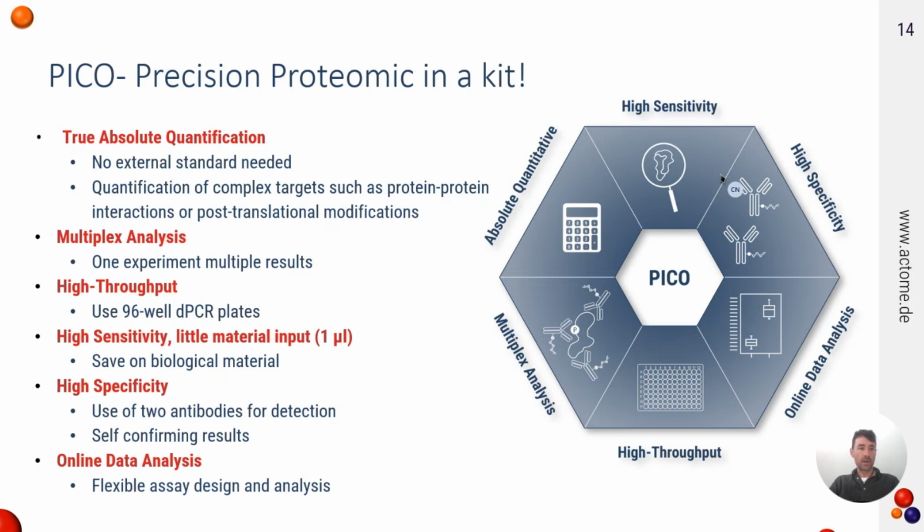First of all, we are able to offer true absolute quantification, so there's no external standard needed. We can quantify, as described, complex targets, protein-protein interactions, and post-translational modifications. It's a multiplex analysis, which means we are not only able to measure one signal, but several signals simultaneously. It's compatible with a high throughput assay, so you can use up to 96 well deep PCR plates. It offers high sensitivity, requiring only little material input of 1 microliter,